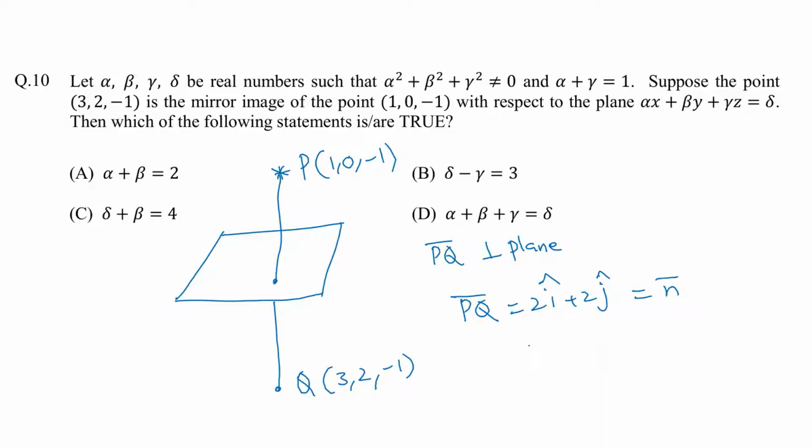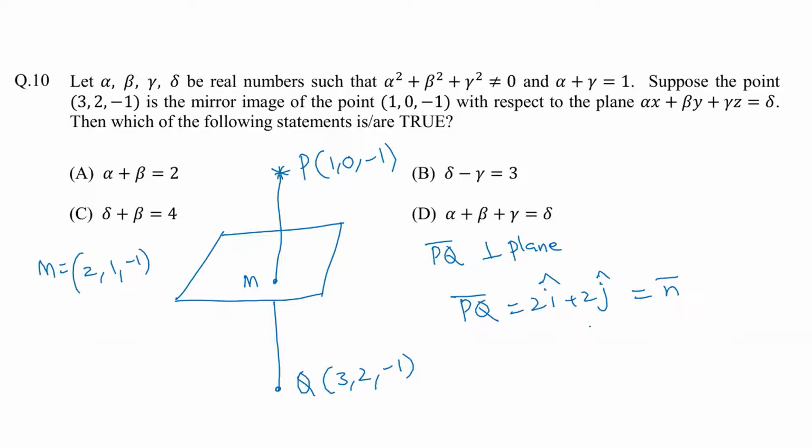So as we know, this is going to be perpendicular to the plane, so we can assume this one as n bar itself. And now if I take the midpoint of PQ, so what is going to be the midpoint of PQ? So if I take this one as M, so the point M is going to be simply the midpoint of PQ. So that is going to be 3 plus 1 by 2, that will be 2 we are going to get. And then 0 plus 2 by 2, that will be 1, and -1 minus 1 upon 2, that will be -1. So this midpoint is going to be on the plane, and we got another vector n bar which is going to be perpendicular to the plane.